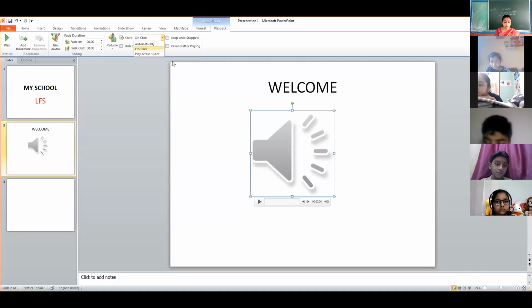To continuously play a sound clip, select loop until stop. If you don't want the sound to end until you desire, only then will it be stopped. So which option do you have to select? Loop until stop. What is the meaning of loop?